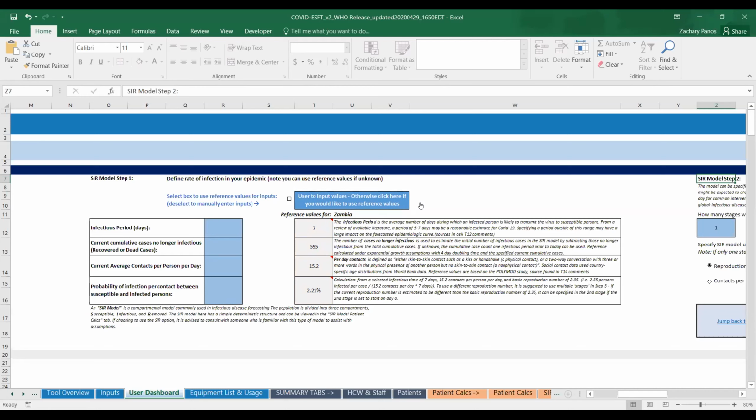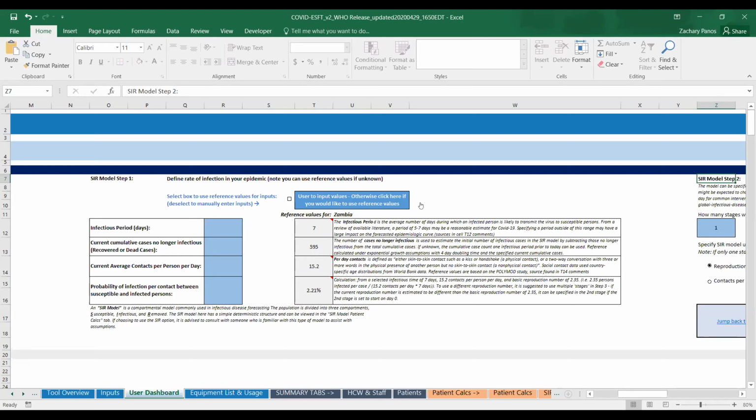So as mentioned, the infectious period in days is the first parameter. The second is the current cumulative cases no longer infectious. So this is now, when you begin your model, the number of people who have been put or assigned to the recovered bucket. And we have an automated number that's being provided by default and calculated, or you could override that with more appropriate epidemiology if you have that available.